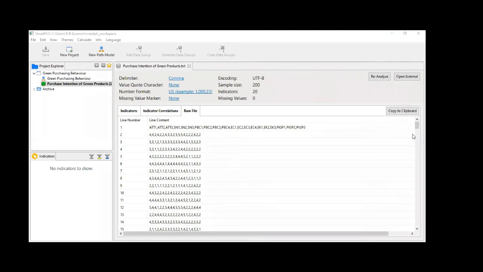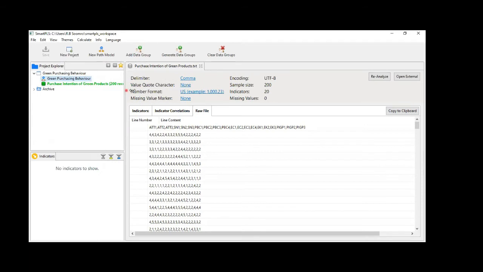So from this point of view, you can see how advanced the software is, where everything is there. If you want to copy it, just press copy to clipboard, and then you can copy it anywhere you want to paste it. Okay, and then another thing is about the data record.